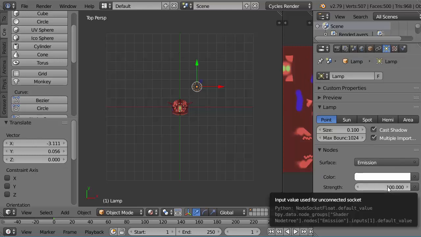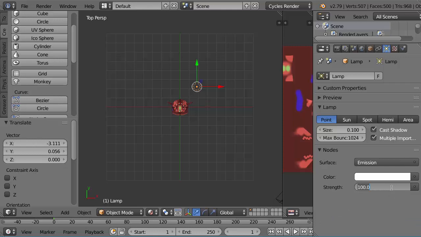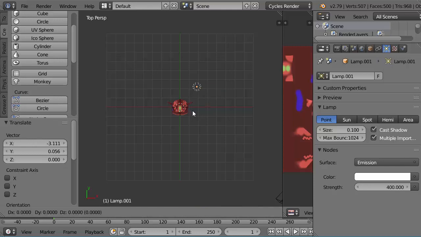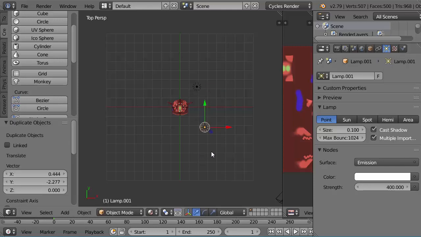Turn on nodes for this lamp, increase the brightness of this one maybe to 400, and we probably want to duplicate that lamp, so I'm doing Shift D, putting another lamp over here. Let's make this the main lamp, so it's going to be bright. Let's say 4000,